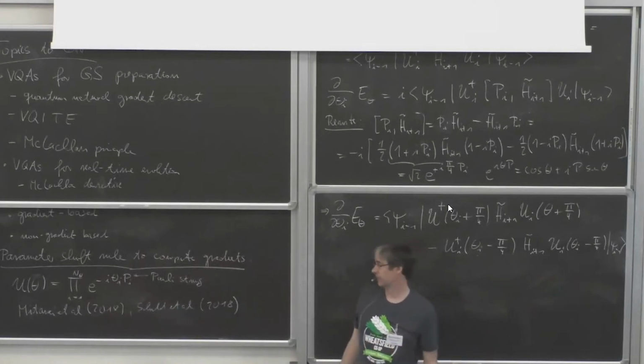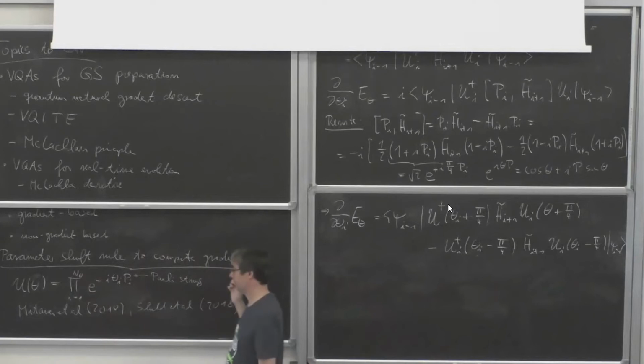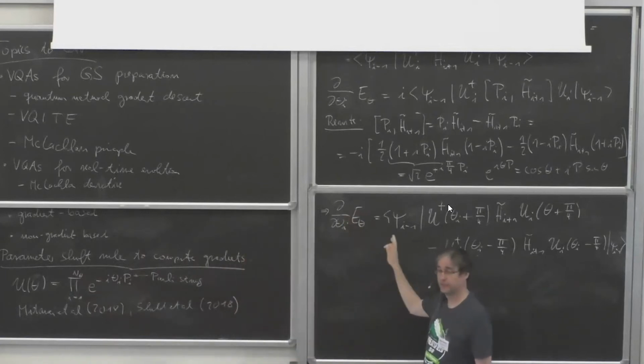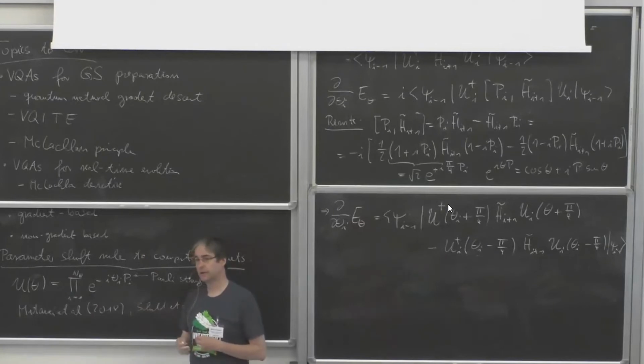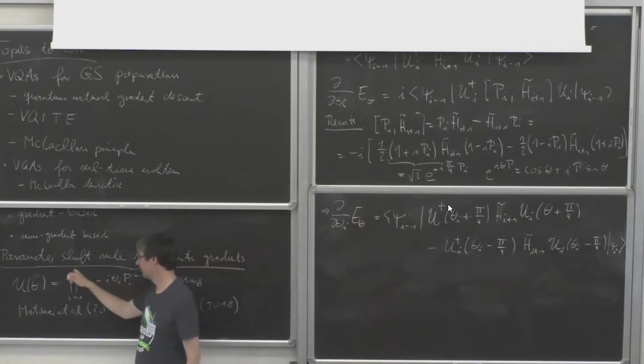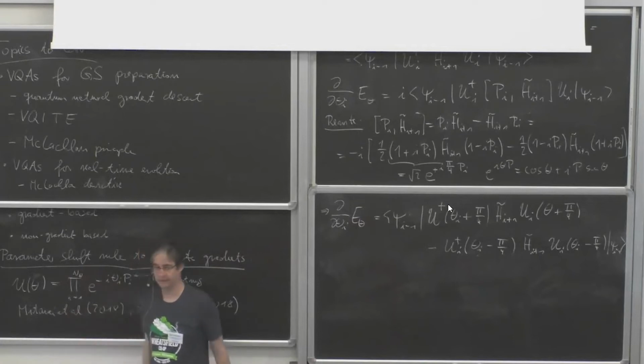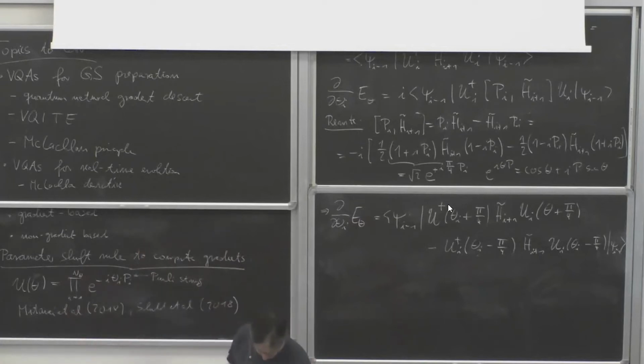Typically, you also find that these gradients in practice, and I think Leonardo will talk about that in more detail, could be exponentially vanishing. And so you want to maybe add more parameters to over-parameterize your state, similar to machine learning. So that could in principle be pretty large, but in practice, if it's larger than of order 100, it becomes kind of impractical to do the optimization. So it's between, I don't know, 50 and 100 or so, or 200 or something. Good question, thank you. So then, any other questions?